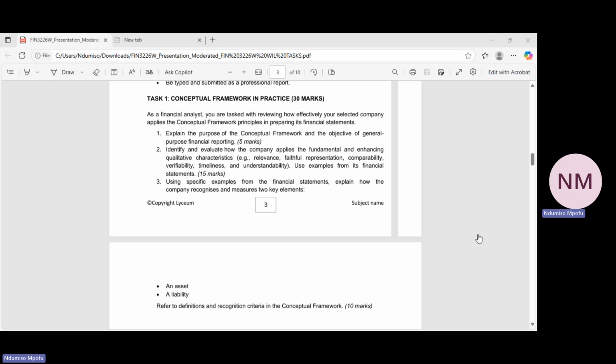Please, if it's 5 marks, don't write 5 pages. We don't allocate 1 mark per page. It shows that you actually did not understand what you're doing. You're just cutting and pasting from other sources. So if a question is 5 marks, just stick with 5 points. Each point that you write will be allocated 1 mark. Most of the times, a point can just be 1 line or 2 lines. So for a 5 marks question, we expect to see just 5 lines or 5 bullet points that you explain briefly,